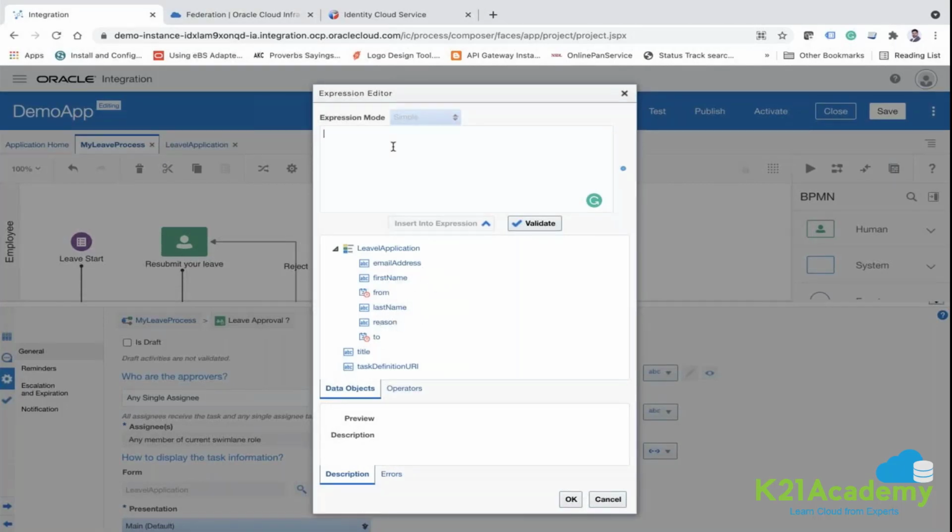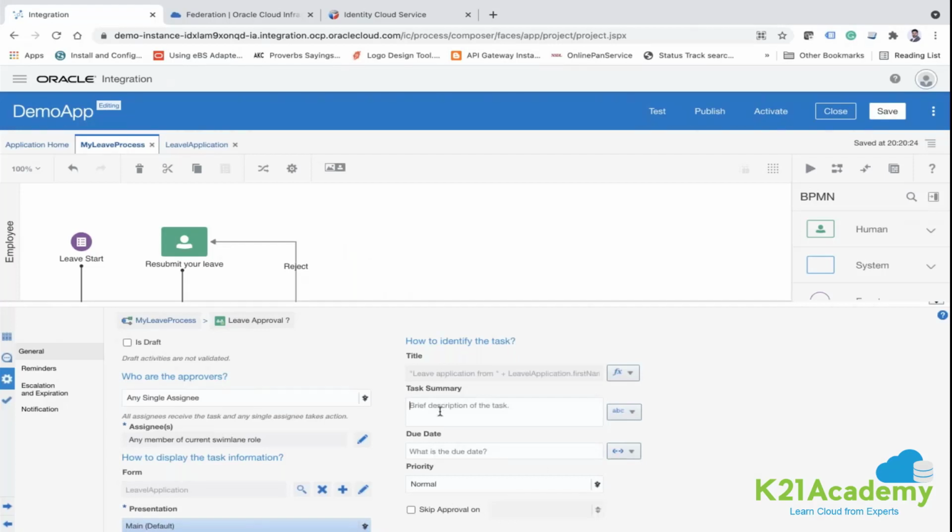Let's say leave application from, let's say first name, and insert this and then validate it. So it's just like Java. Here we are concatenating two values, one as a hard coded and the second is the first name, by plus, and then okay.